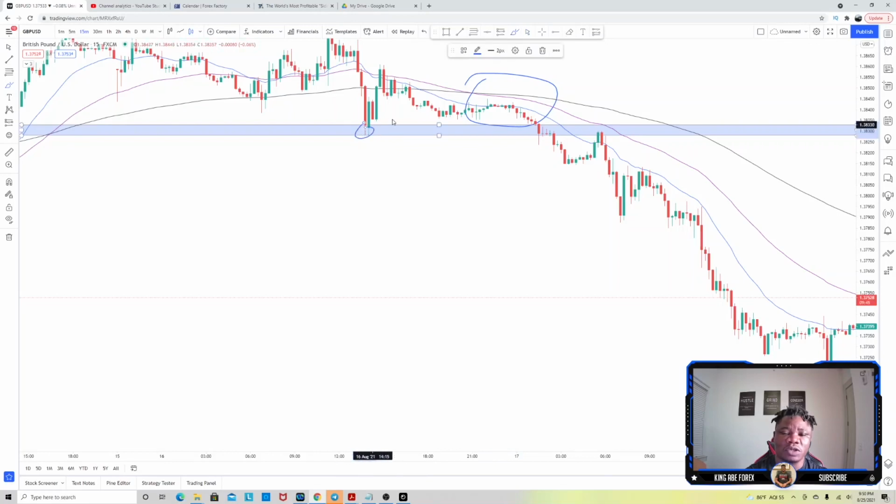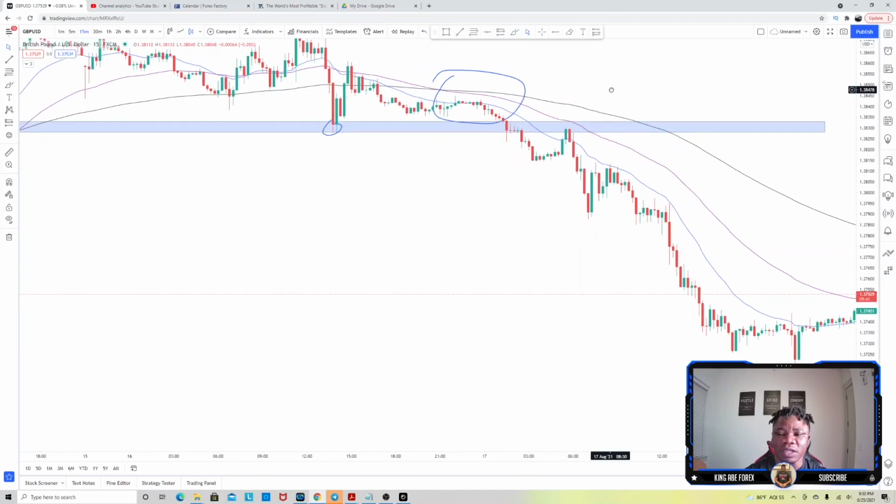Now we know we have a support zone right here, looking at this zone over here, because we have a rejection here. Now before we get in, we need to see a retest. When we have a close below our support zone, now we just got to wait for a retest, and then we can get in right after the retest. Now I'm going to put this in replay mode, and I will show you guys where your entry is going to be